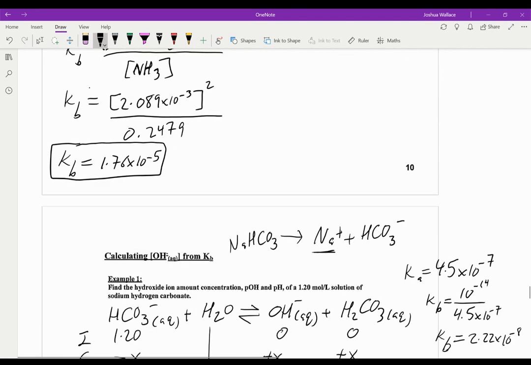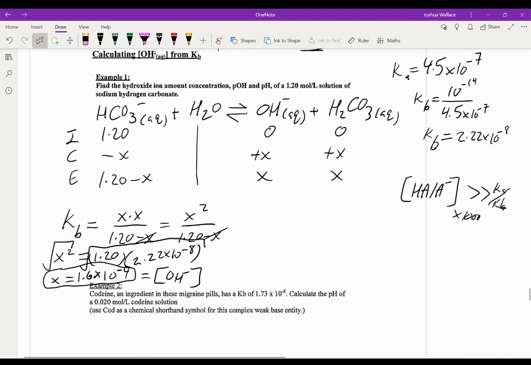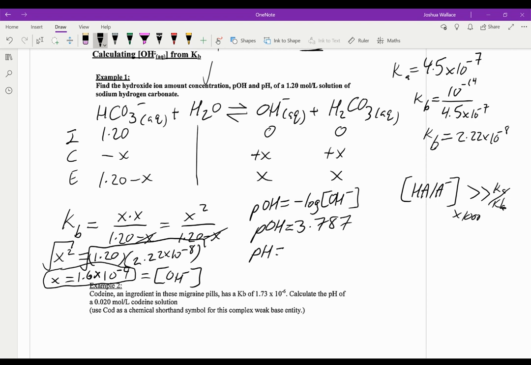So let's go back to the question. This is one of the big things, especially in any science that you have: make sure that you actually answer the question. So I have the hydroxide ion concentration. It wants me to find pOH. So to find pOH, I go negative log OH minus, and pOH equals 3.787. I just plugged in this value here, over here, to get this. And pH equals 14 minus 3.787. pH equals